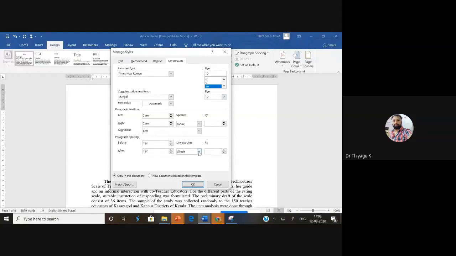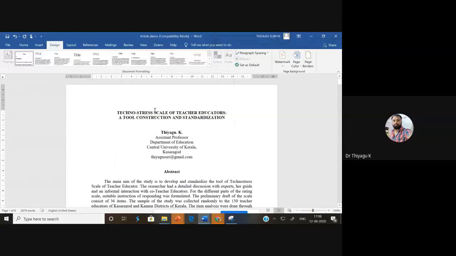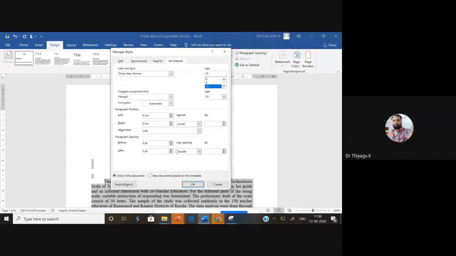Okay. So here single is there. I'm going to select double here, so click double and click OK. But I'm not selecting anything. First we have to select everything. After selecting, go with the Design tab, go with paragraph spacing, go with custom, then go with that spacing. I'm going to choose double and click OK.